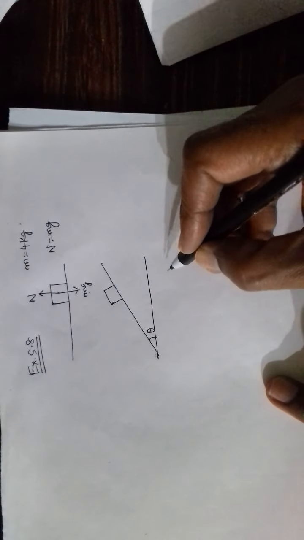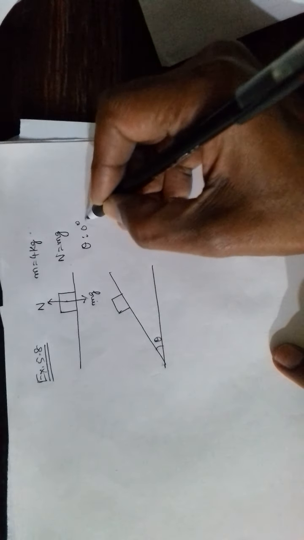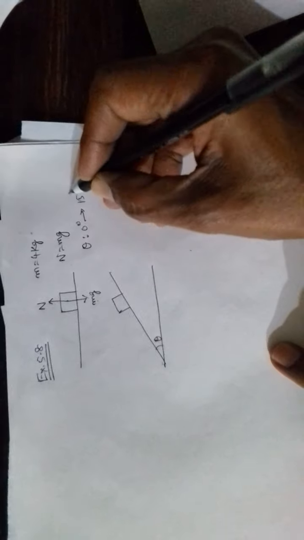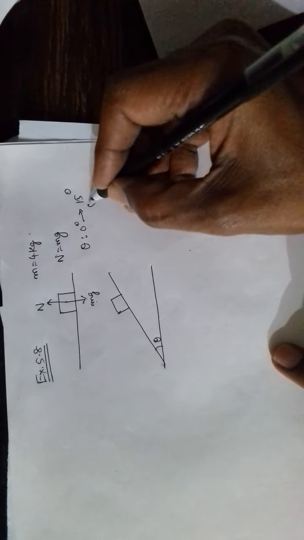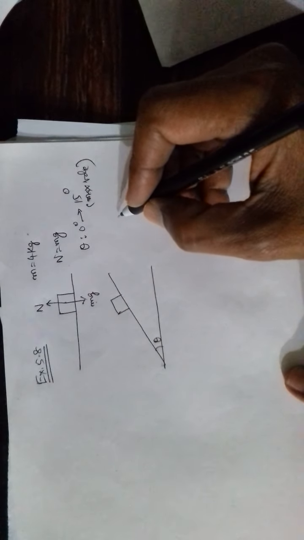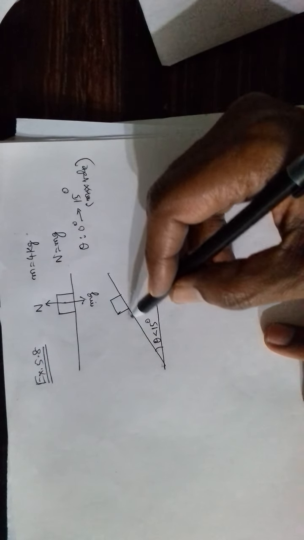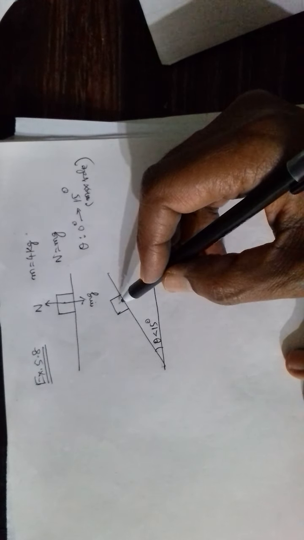Here say the angle is theta. Say the angle is increased from 0 degrees to 15 degrees. This is the maximum value. Here let us choose an angle less than 15 degrees. Why less than 15 degrees? At 15 degrees of inclination angle the block is ready to move down. If you take a smaller angle, it will be at rest.